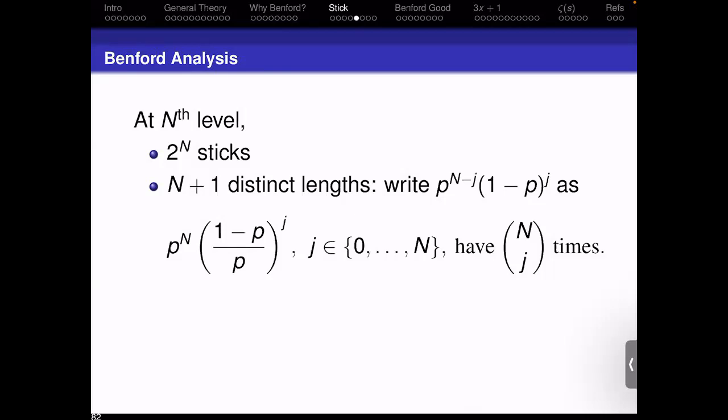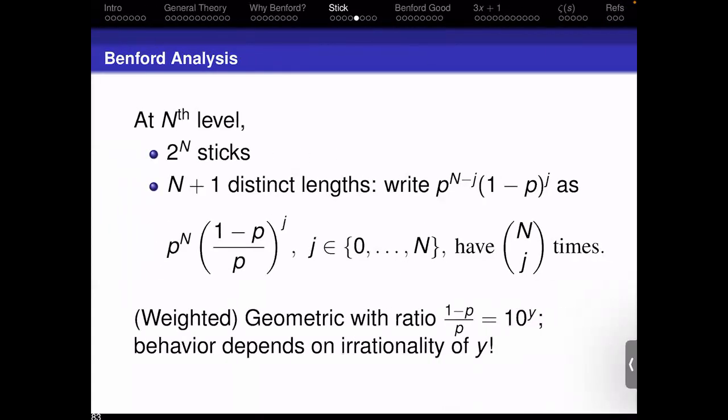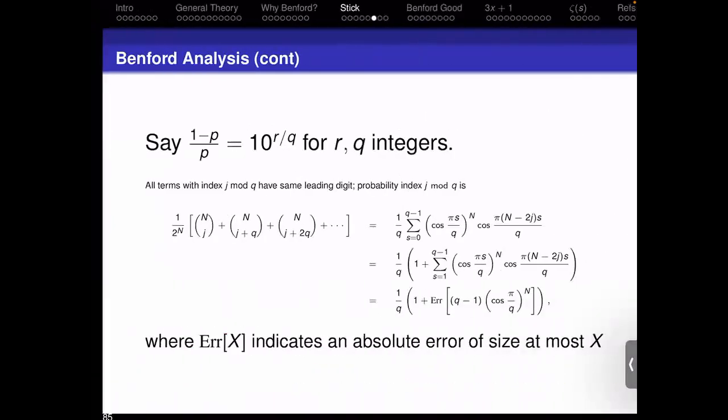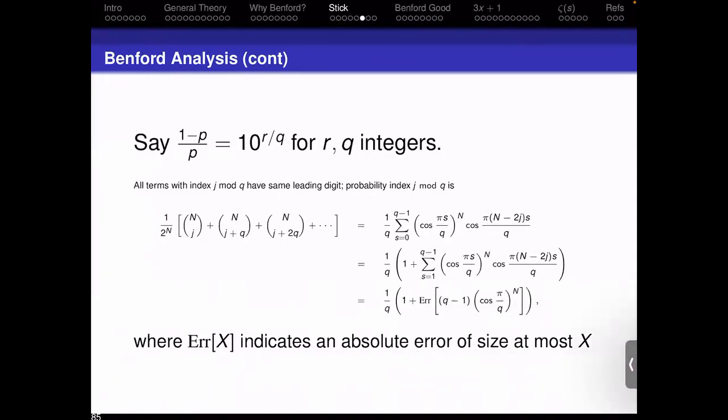And so again, if (1 minus P) over P is 10 to the y, if y is irrational, we can prove that it's Benford. If y is rational, it's going to be uniformly distributed. Okay. And so the proof is actually pretty straightforward. There's a lot of ways you can do this. Let's say (1 minus P) over P is 10 to the r over q,